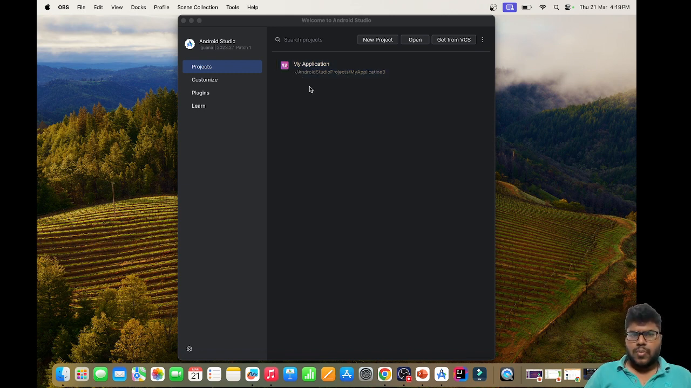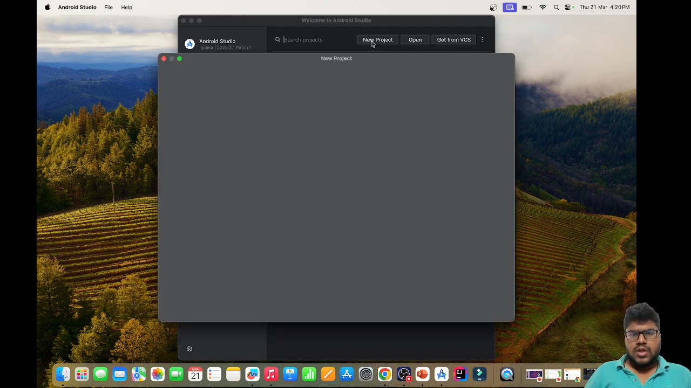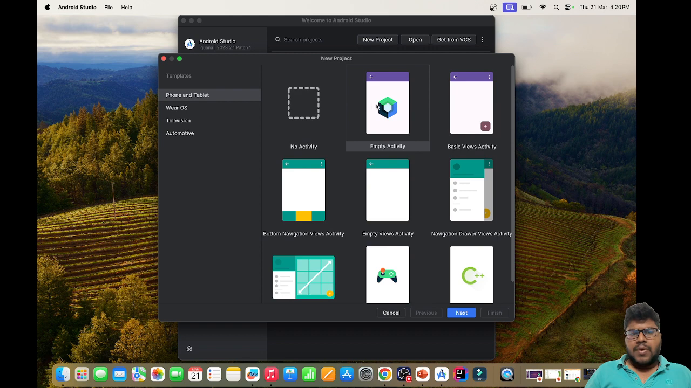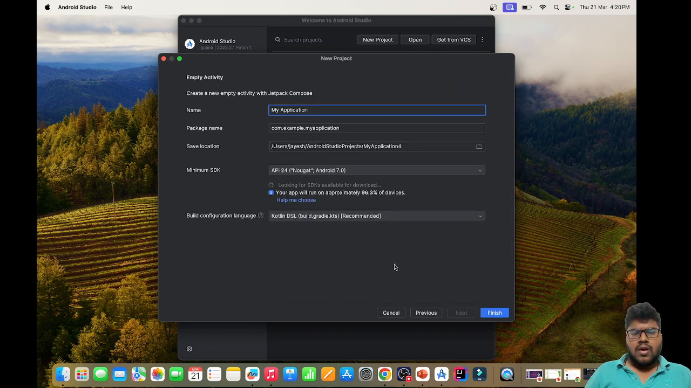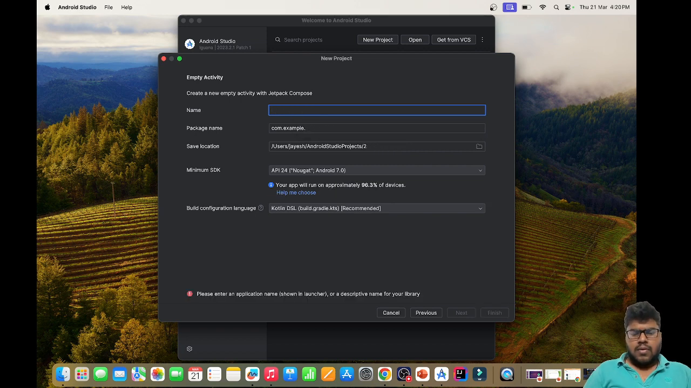So let us start. First, open the Android Studio. The screen should look like this. Then select new project. Then click on empty activity or no activity, right? Empty activity. Click empty activity, right? Then click next. Then give the application name as basic,